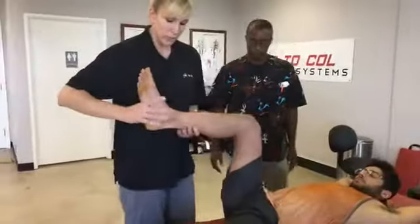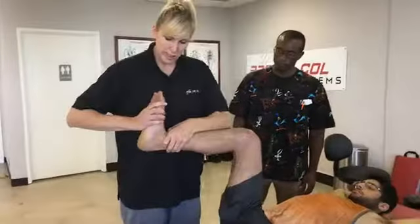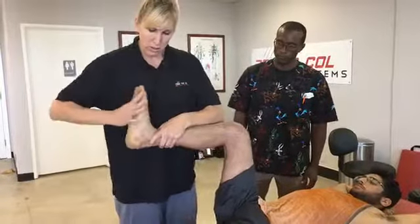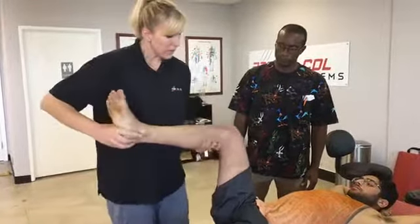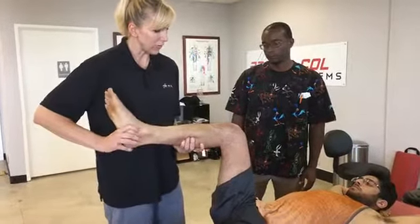So if I'm looking, first of all, I want to see that he's got full dorsiflexion, his ankle. I want inversion and eversion. So this is dorsiflexion, this is plantar flexion. And then if I'm looking at the knee, I'm taking his tibia and I'm trying to see if his tibia